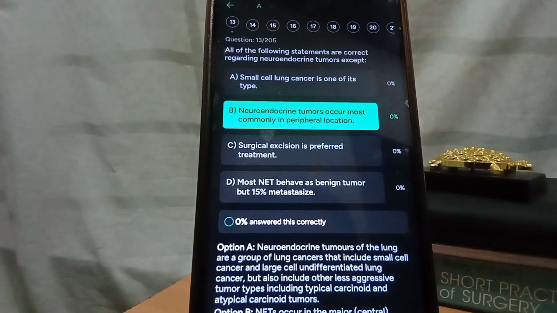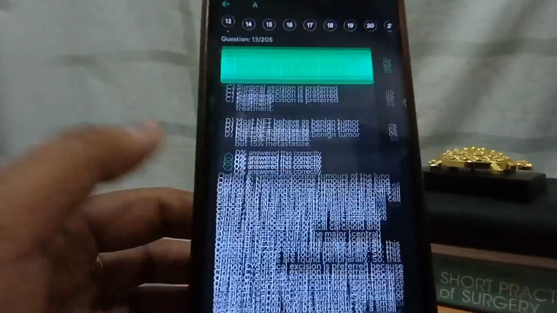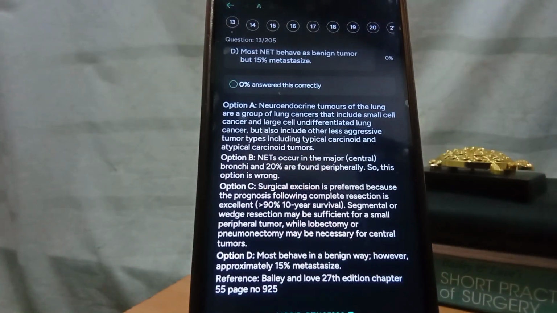Then neuroendocrine tumor occurs most commonly in peripheral location. Then surgical excision is preferred treatment. Most neuroendocrine tumors behave as benign tumors, but 15% metastasize. So the options are: option A, neuroendocrine tumors of the lung are a group of lung cancers that includes small